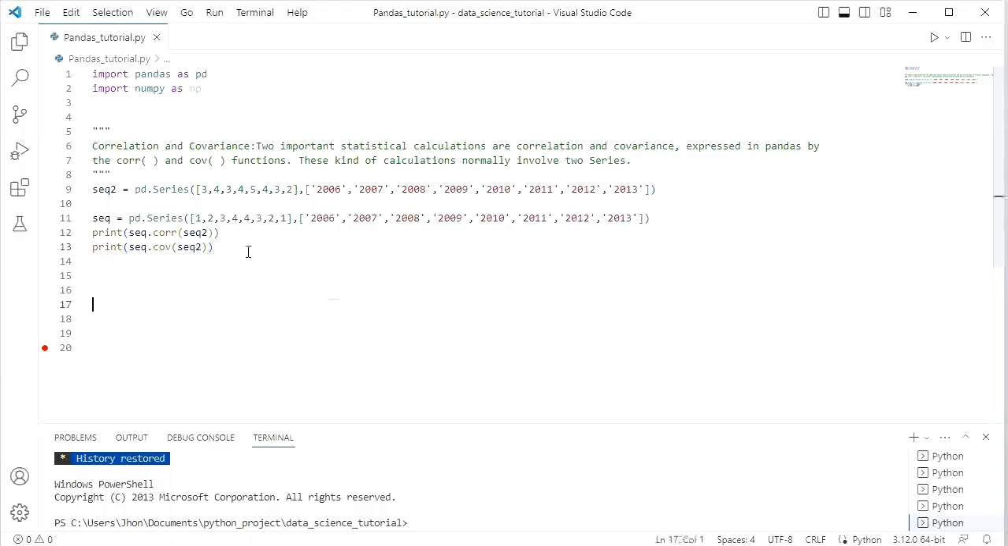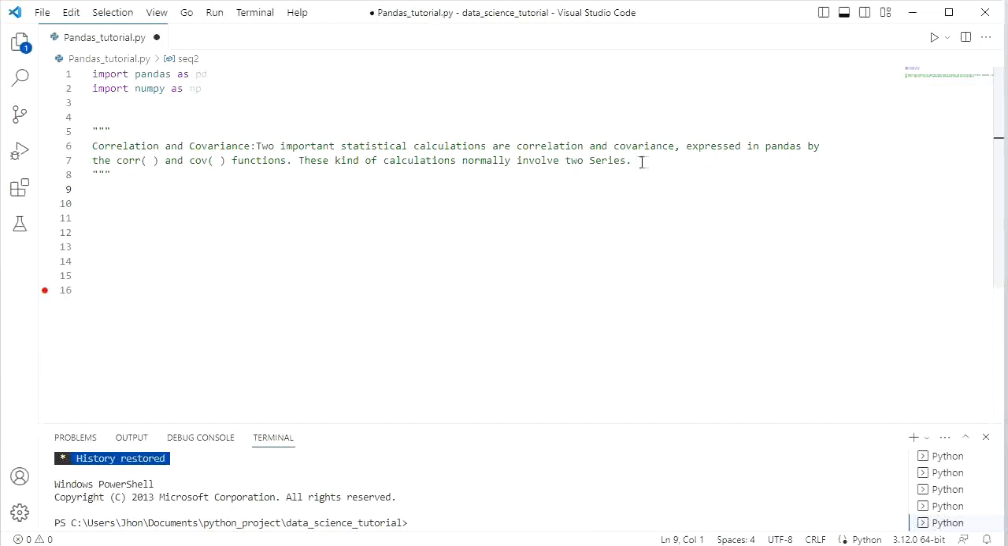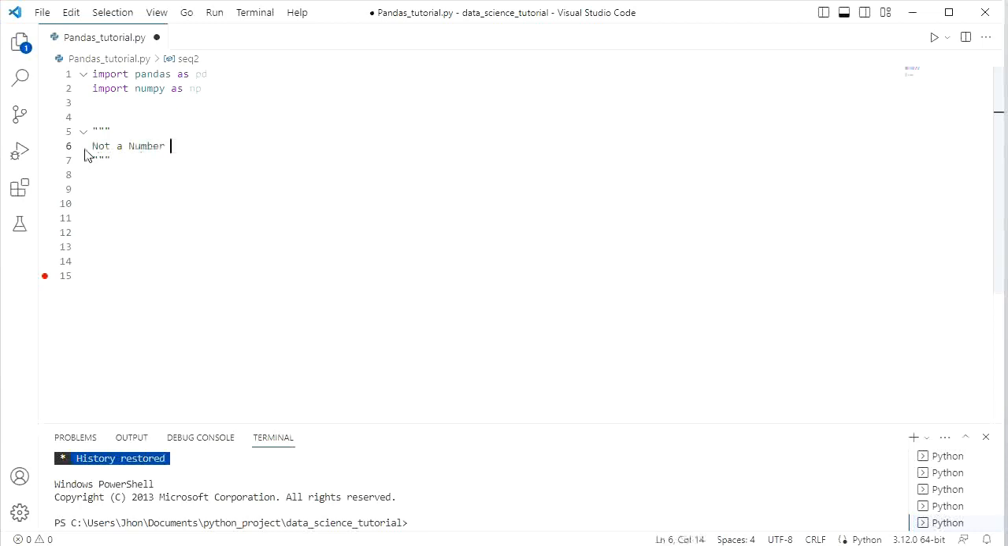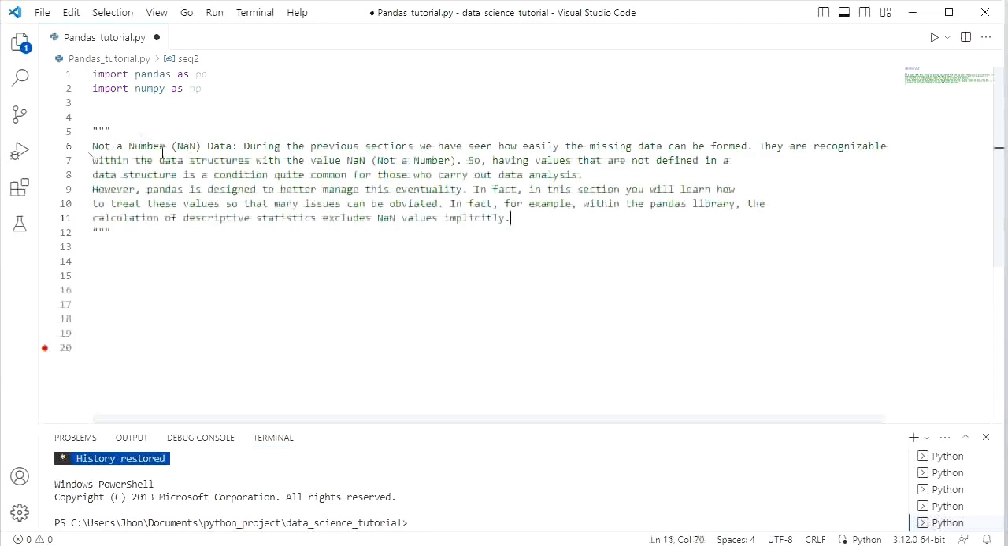Now we will know about NaN data. During the previous sections we have seen how easily missing data can be formed. They are recognizable within the data structures with the value NaN, not a number. So,